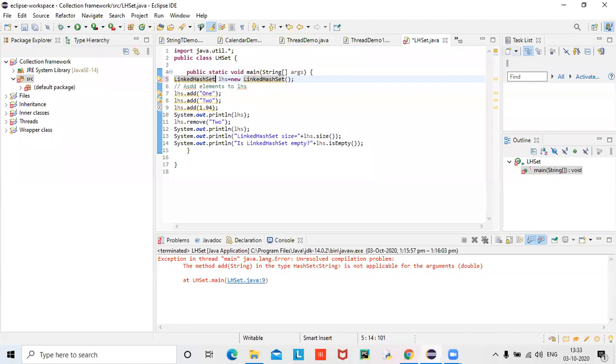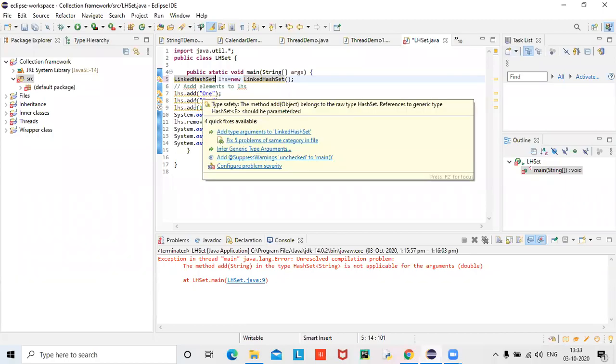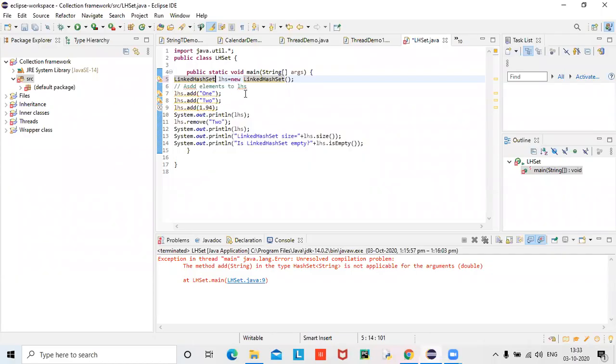So I have done 1.4, meaning multiple types of data can be placed inside the list elements. That is the main advantage of the collection framework. You can go with a variety of data types, unlike arrays. That's why we are not using arrays now, because whenever we want multiple types of data, the collection framework is comfortable. You cannot do that with arrays. So that is why I am placing two strings and one decimal value.